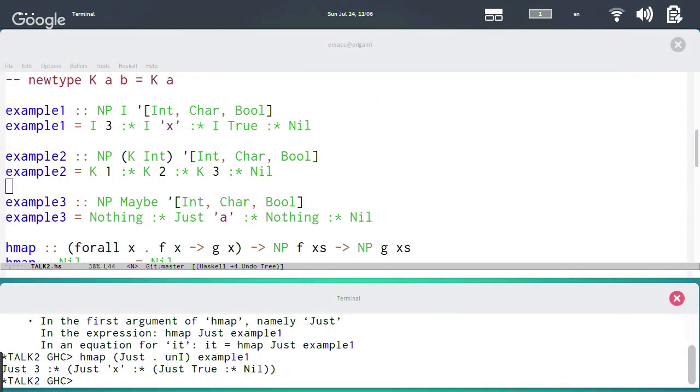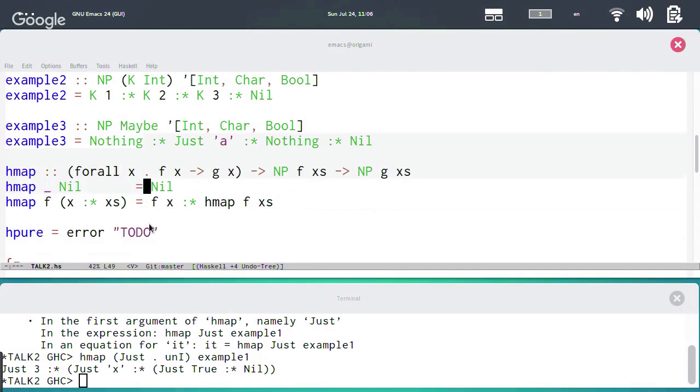So now just after un-I is indeed a function that has a sufficiently polymorphic type. For all A, it takes an I of A to a maybe of A, right? And that works, right? We can do it. But the more interesting case